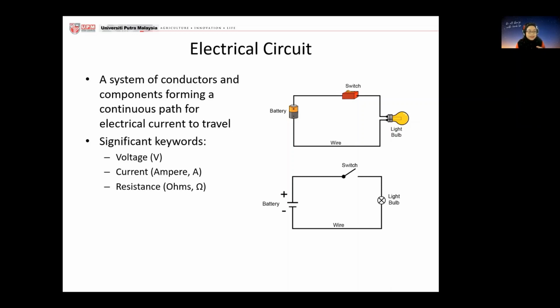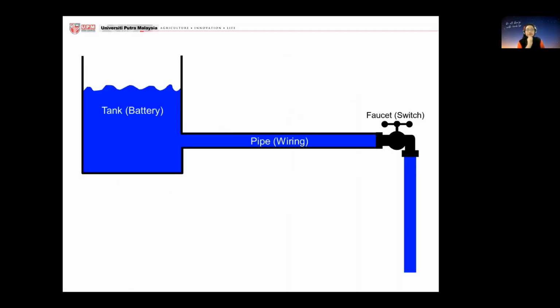Okay, but just look at that from this perspective, in this small, very simple circuit. It needs to have all of this, right? So we looked a little bit at the significant keywords here, and how they relate to what's happening. Usually when people are talking about electricity, one of the easiest ways to convey that is